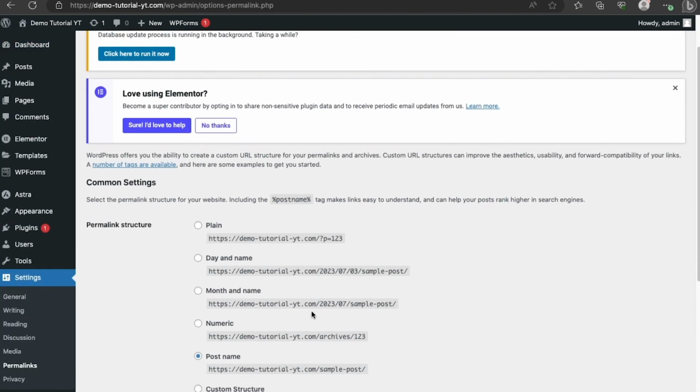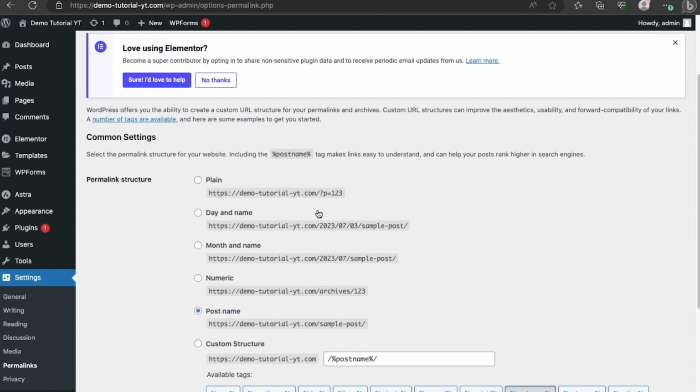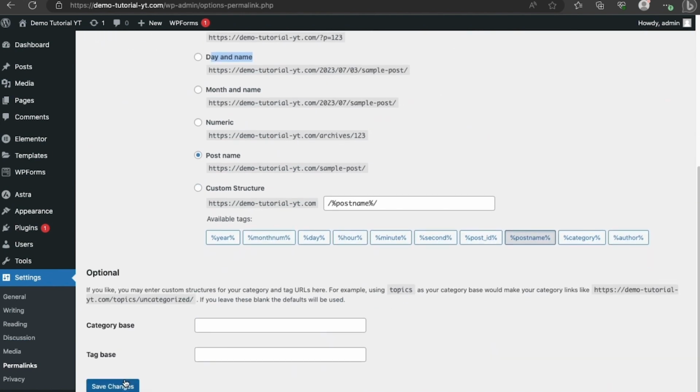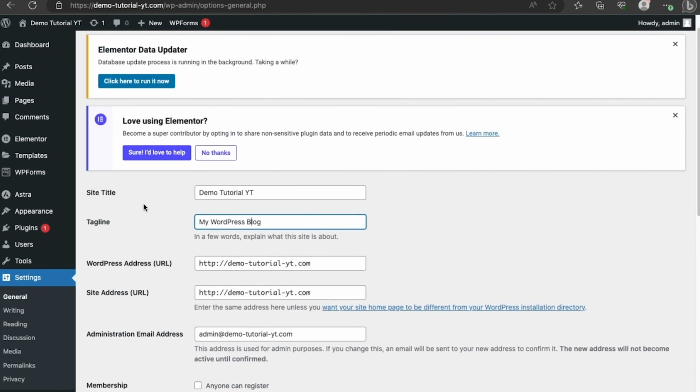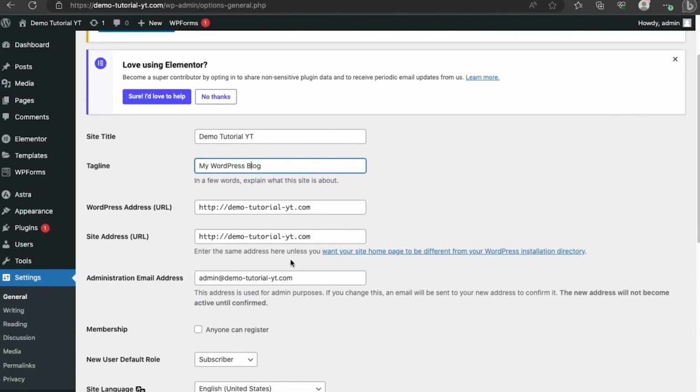Now, if you come here, you can see there are a lot of permalink structures. This one is for day and name and other ones, but the best one you should choose is post name. When you select post name, you scroll down and click on save changes. Now, the next thing you need to do is go to general. When you go to general, you will check if your site title, your tagline, your URL,